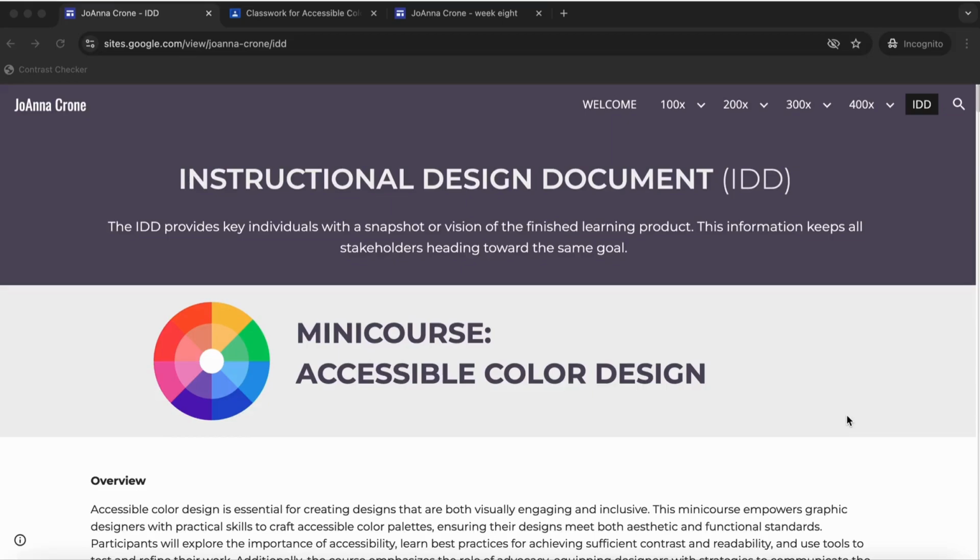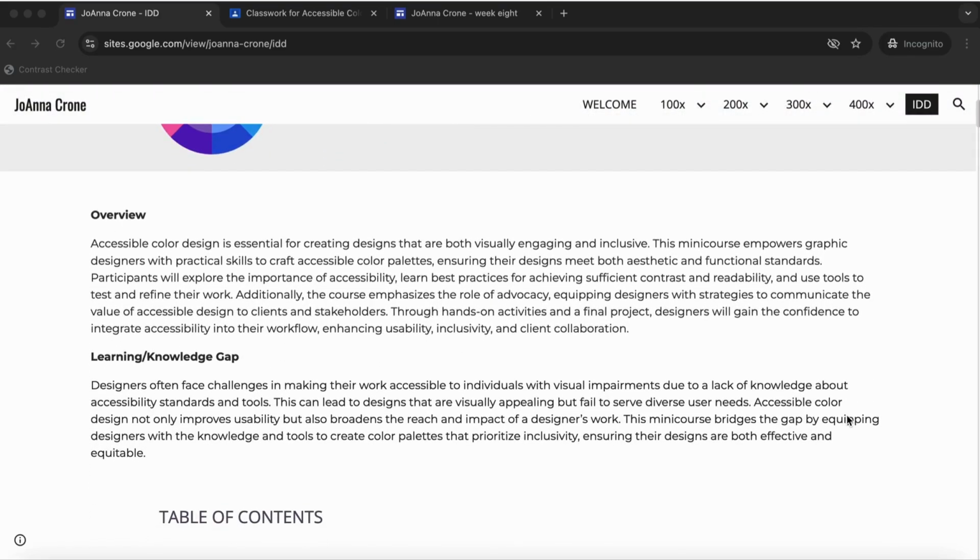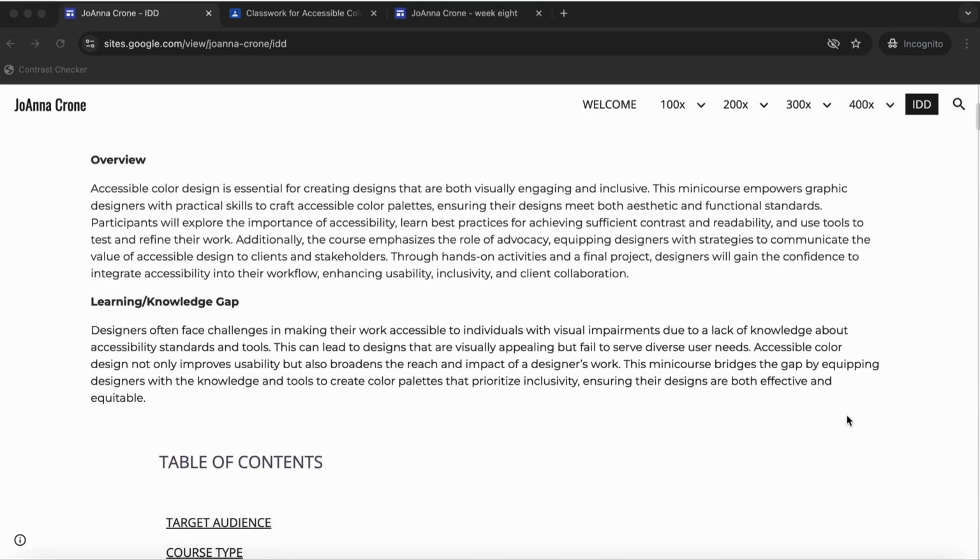Project presentation. I am so nervous and excited to show off all my hard work on this mini course, Accessible Color Design. My course focuses on equipping the target audience of graphic designers with practical skills to create inclusive, visually compelling designs that meet accessibility standards. It targets professionals who need flexible, self-directed learning and incorporates project-based learning to bridge the knowledge gap in applying accessibility